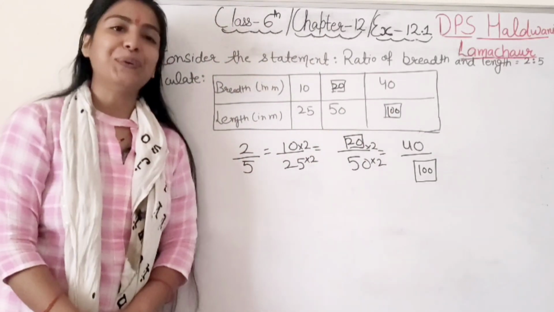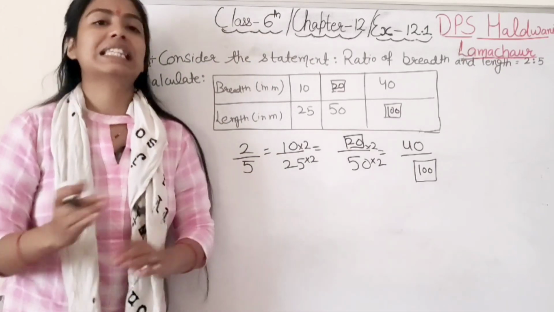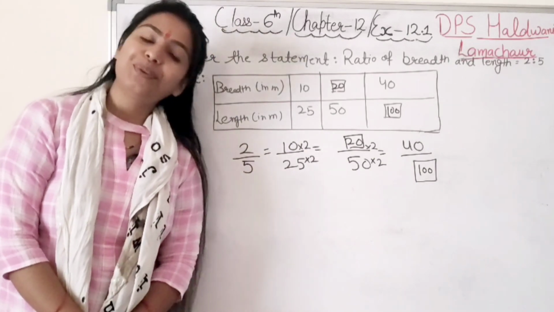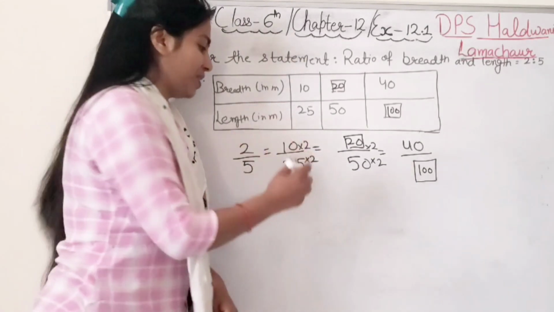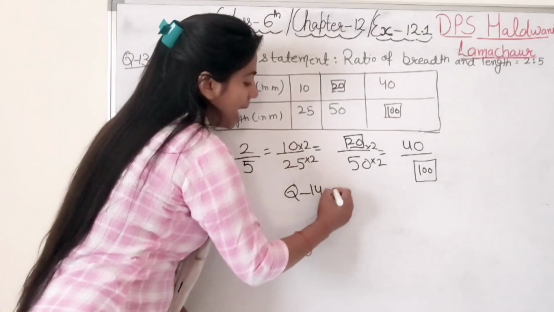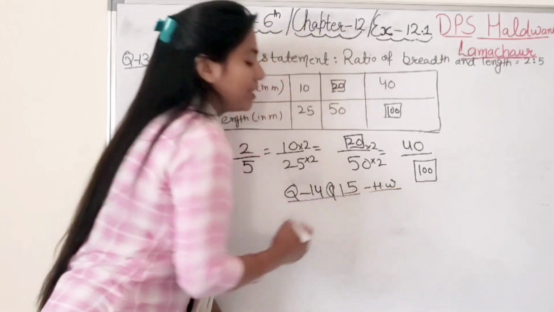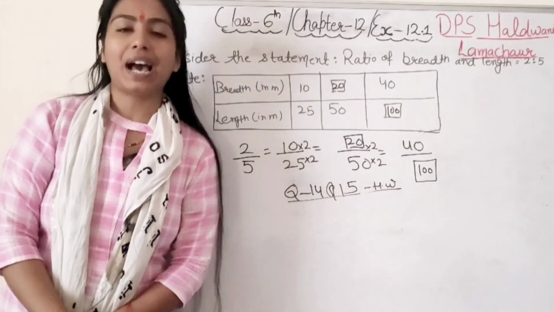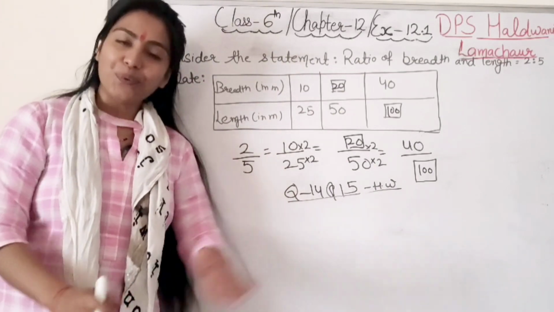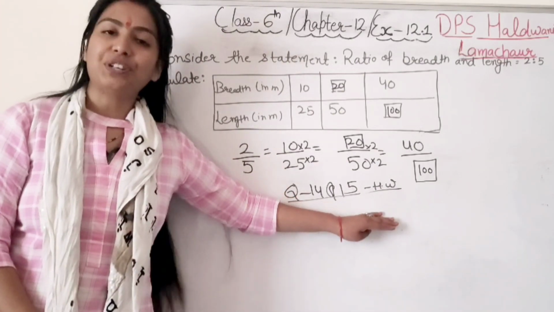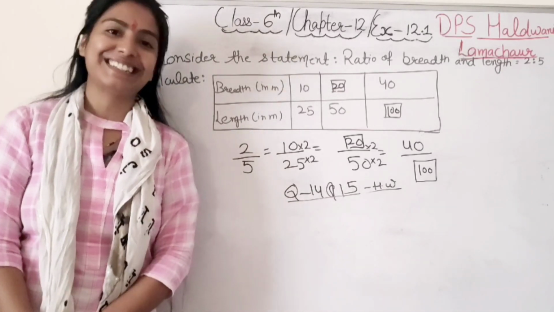So this was about only question number 13. Questions number 14 and 15 are again the same type of question. So please, students, practice the questions because again and again we have the same type of question. So for questions 14 and 15 we have homework because we have more questions in this, and all questions are in the same manner. So this was about homework. We have done till question number 15. Now coming to our next question, question number 16.